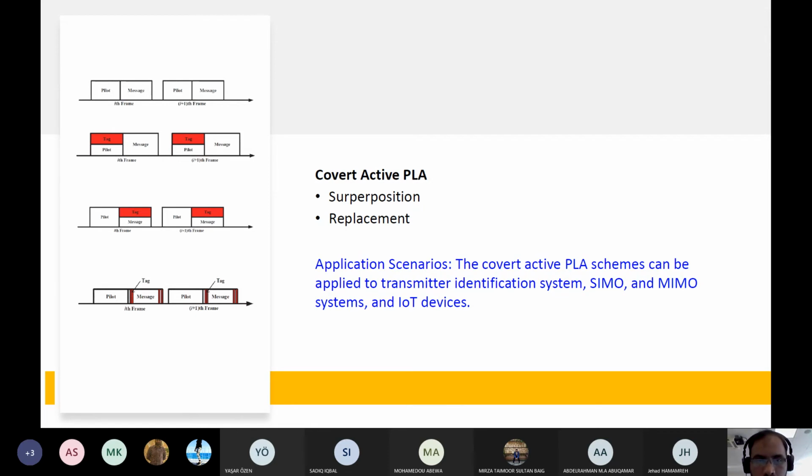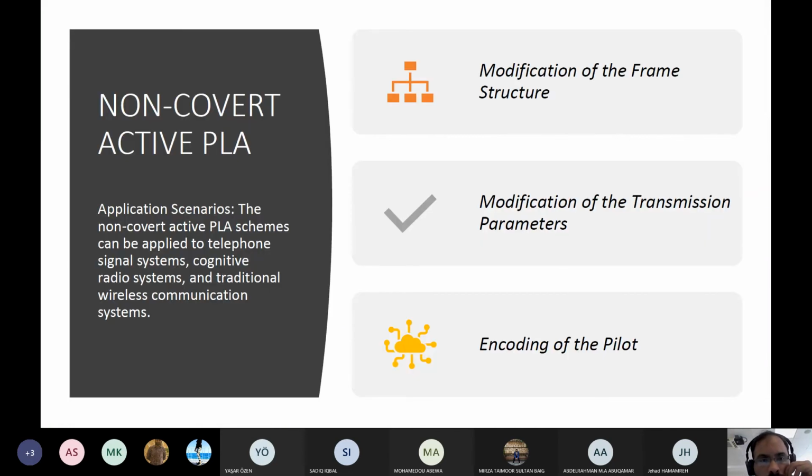The application scenarios are, for example, single input multi output systems, MIMO systems, and IoT devices. Finally, non-covert techniques involve modification of frame structure, modification of transmission parameters, and encoding of pilot, and their applications are cognitive radio or traditional wireless systems.